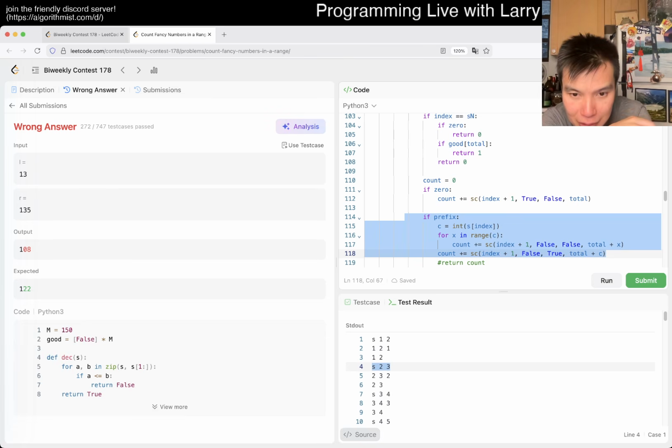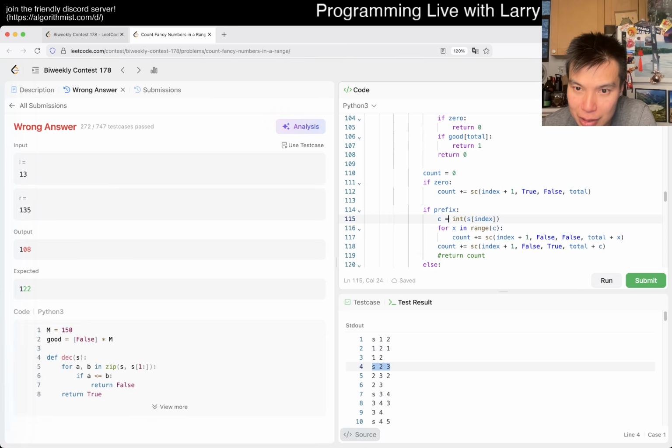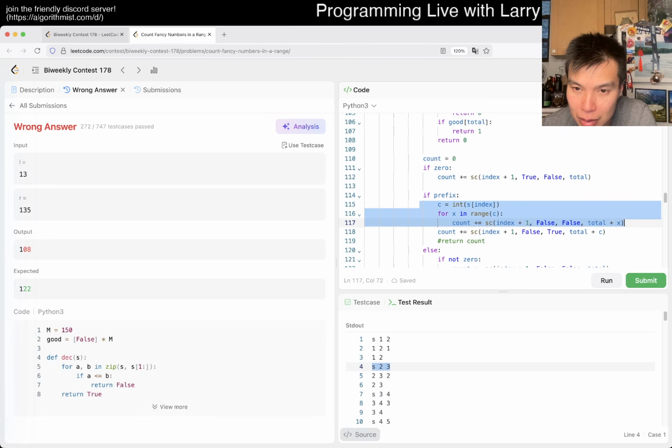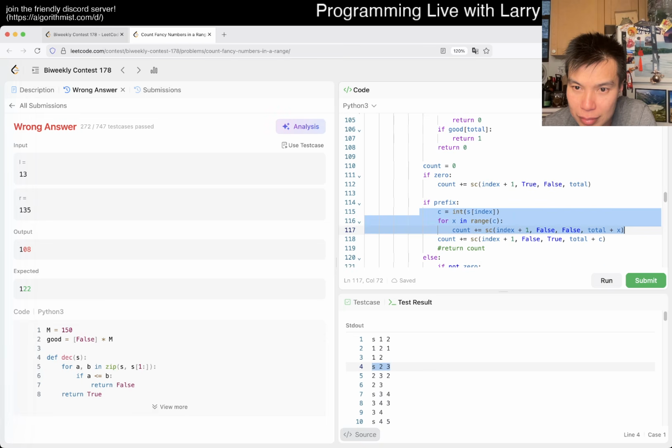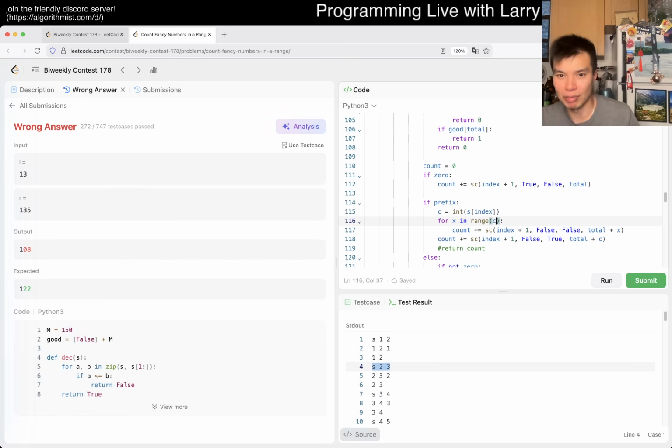Prefix, what? 1, this doesn't run. Well, I see why I have a 1 there, but